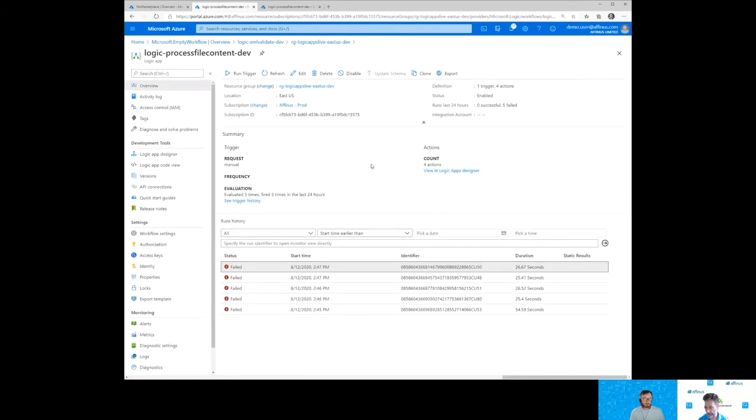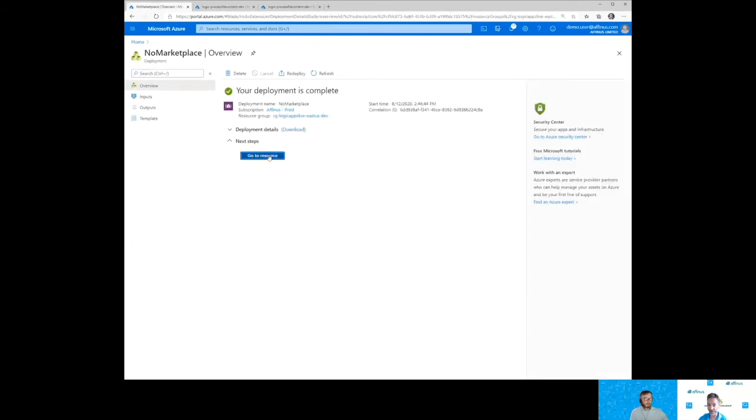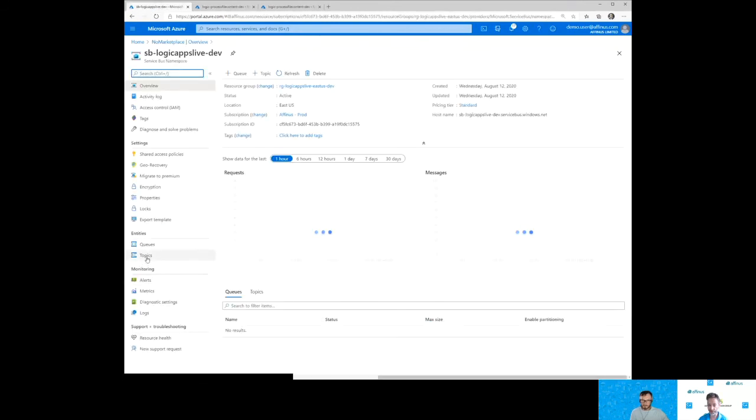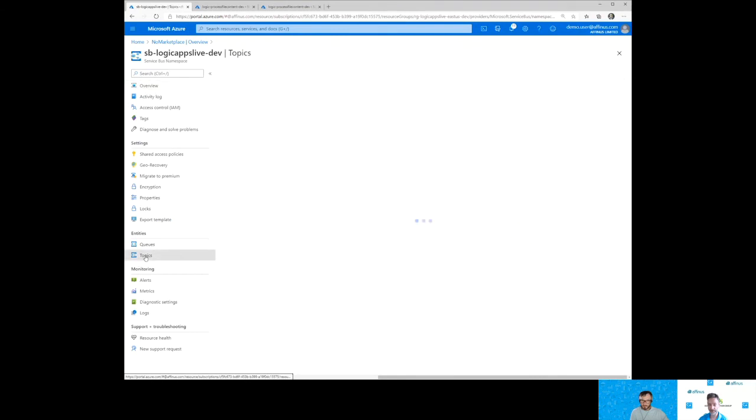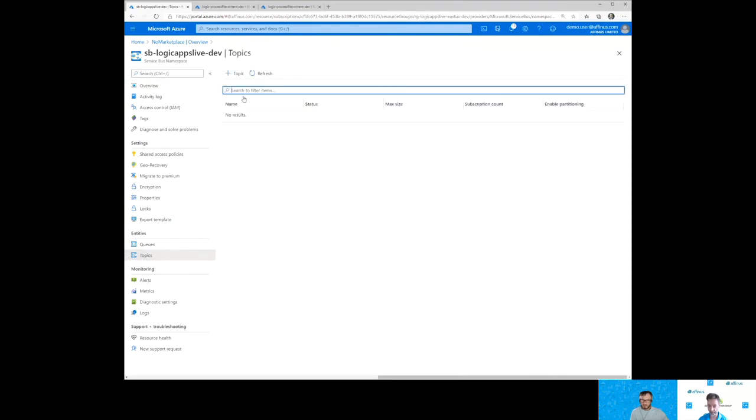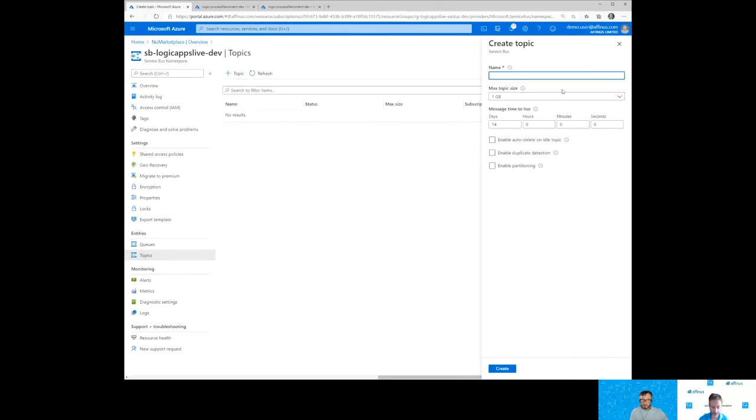Or I could call it from Postman. I don't think we'll have time at the moment to go through and show the service bus stuff. What I was going to show is very quickly inside service bus, we can go to topics. We could create a topic, and I would call it